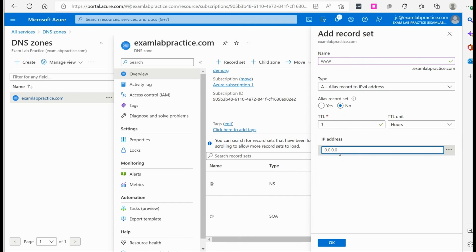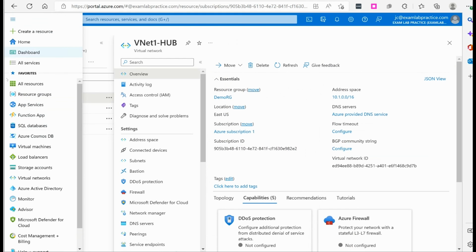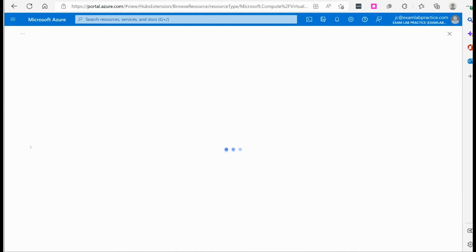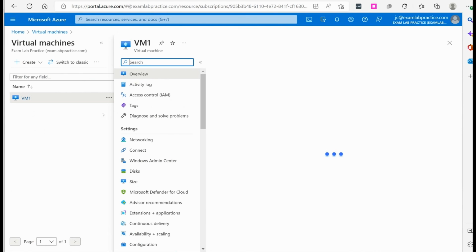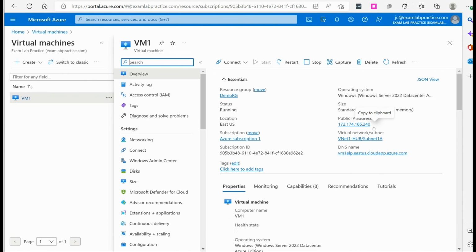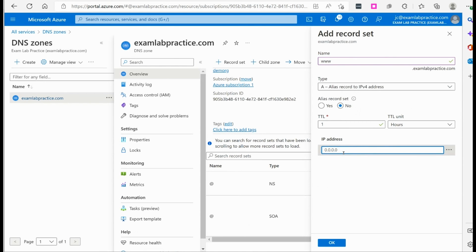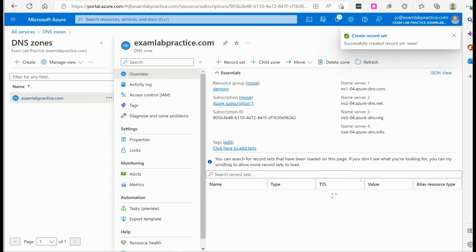So let's say, for example, that VM1 was actually my web server, okay? If VM1 was my web server, we could figure out what VM1's public address is, all right? Let me jump over to another tab. We'll click the menu button here and go to virtual machines. Click on VM1, all right? And we can see what VM1's public address is. So I'm just going to copy that, and then we can paste it right there and click OK. At that point,